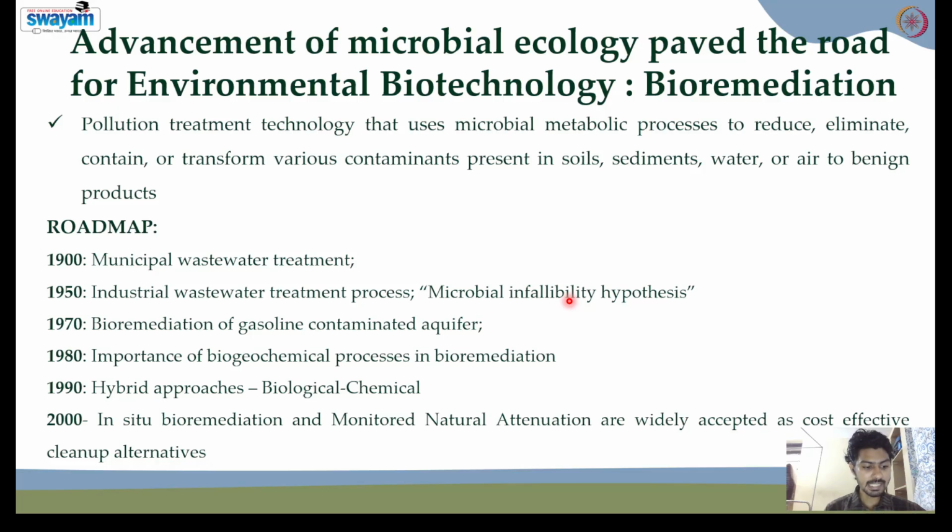The microbial infallibility hypothesis tells us that for every chemical that is created on the earth, there exists somewhere in nature a microorganism that can break it down. So what does it tell? For every chemical that we create or produce, there are always microbes in the earth to degrade them. That is, no matter how tricky the pollutants are, nature has always found its way to degrade them. This is what scientists tell in the microbial infallibility hypothesis. And this helps them to use this bioremediation technique in industrial wastewater treatment.